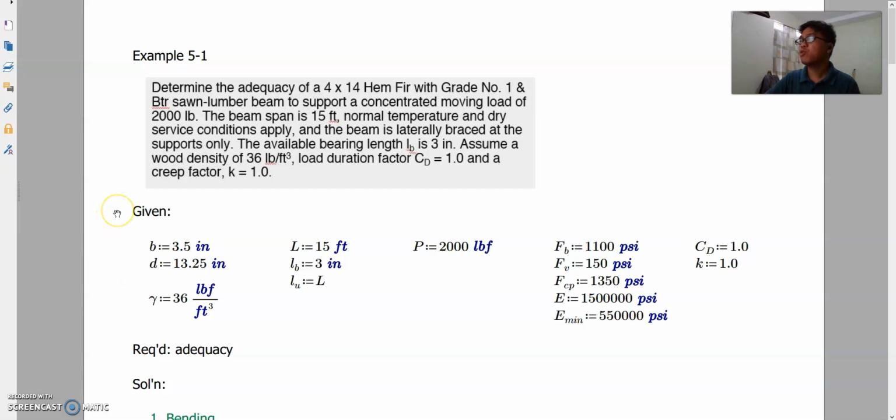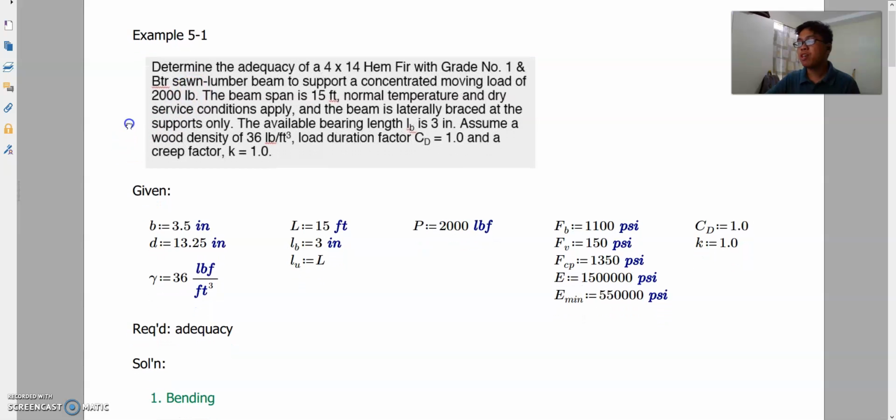Okay. Some notes for example 5-1. So we have here, determine the adequacy of a 4x14 hem-fir, grade number 1 and better, sawn lumber beam to support a concentrated moving load of 2,000 pounds. The beam span is 15 feet, normal temperature and dry service conditions apply, and the beam is laterally braced at